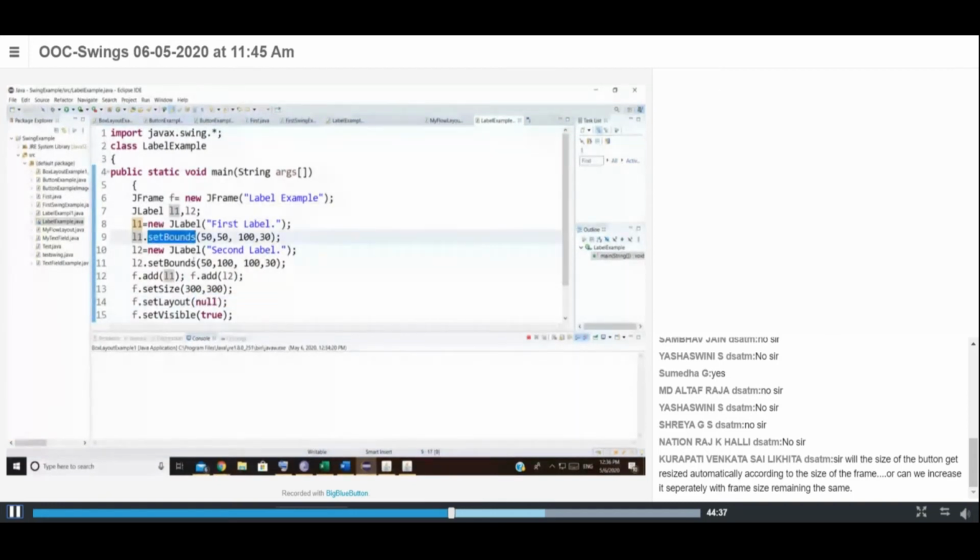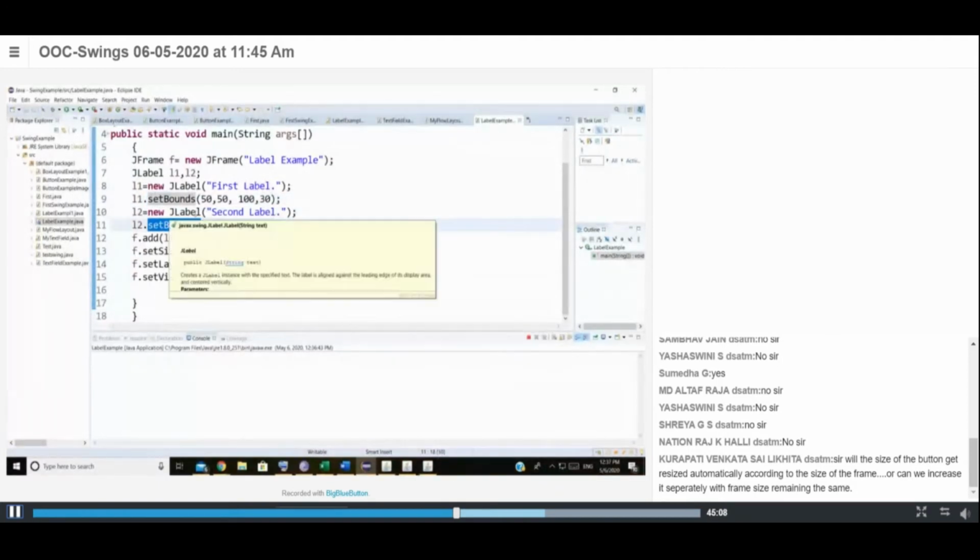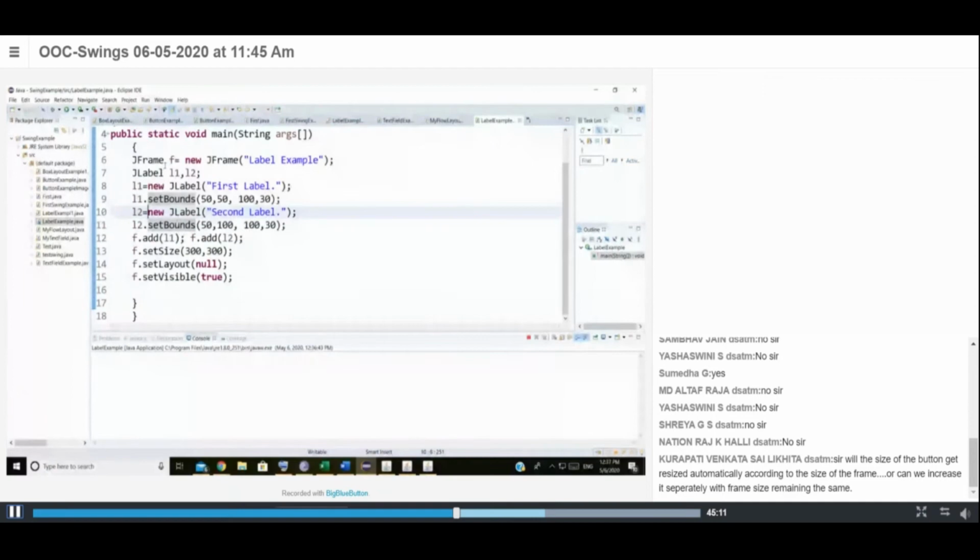Now, did all of you get this? Why have we used this method? Because we don't have any layout. That's why we have used this method. We are going to execute this. In the application, we have exactly two texts, which we'll call the two labels. First label name is first label, and the second label name is second label. Where exactly each has to be displayed, we have presented in the set bounds function for each label. This is how you can create labels.